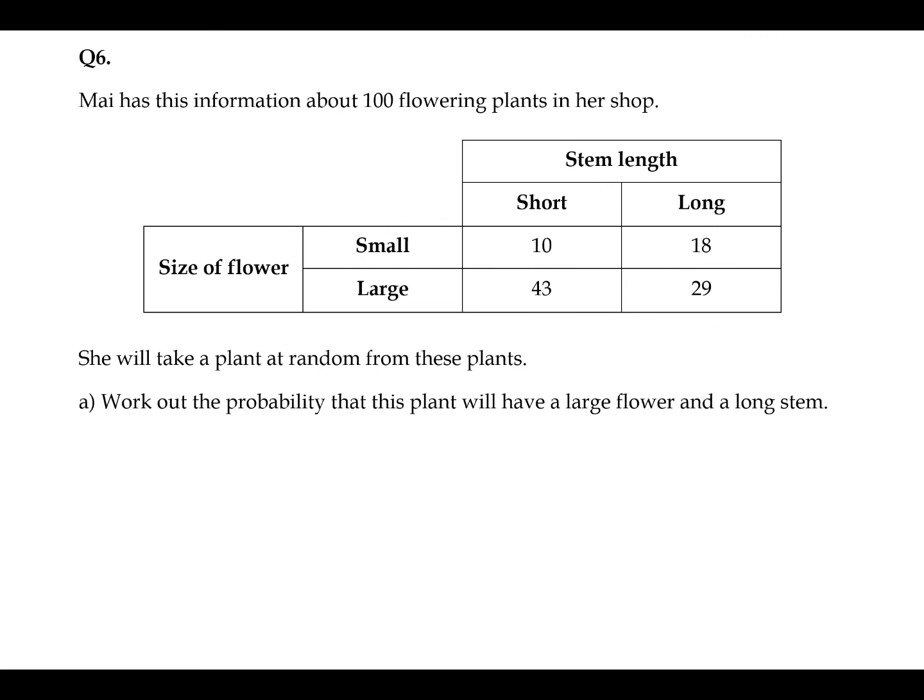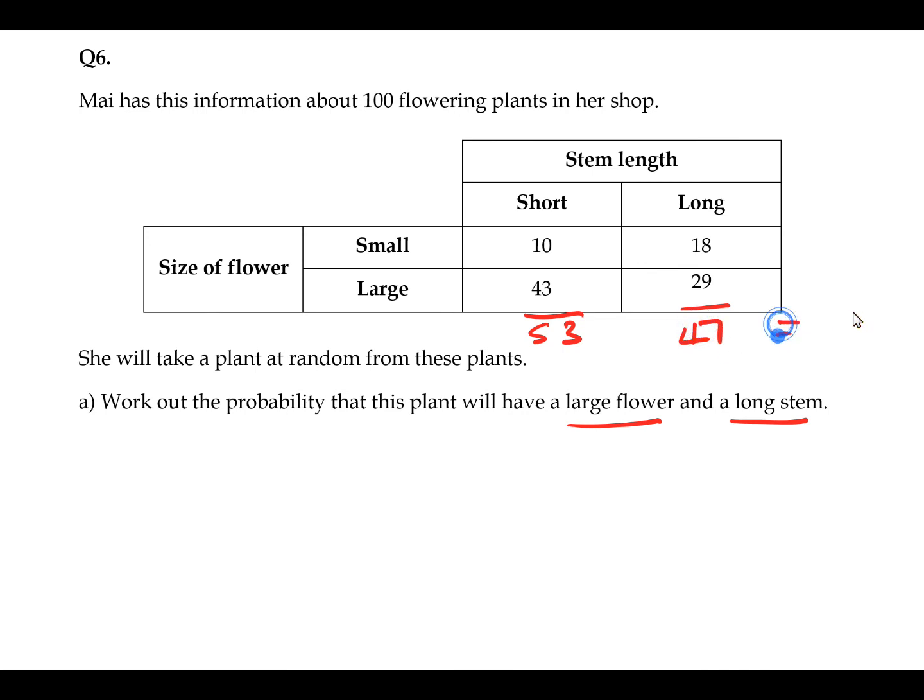Question 6. Mai has this information about 100 flowering plants in her shop. She will take a plant at random from these plants. Work out the probability that this plant will have large flowers and a long stem. So the stem lengths are short and long, and they are small and large plants. So the total number of plants, we're going to add these totals. So we have 53 and